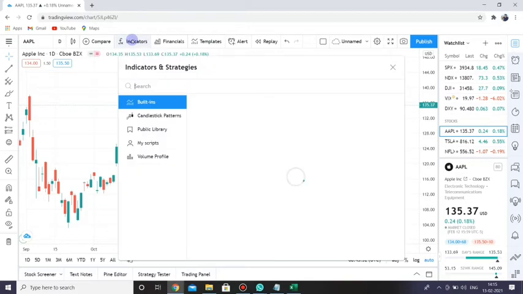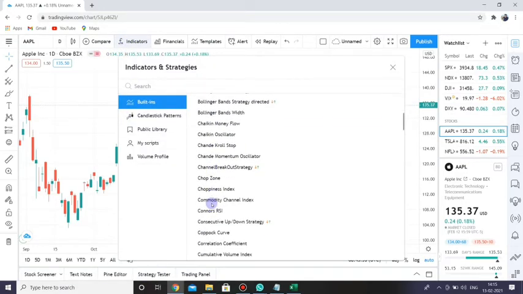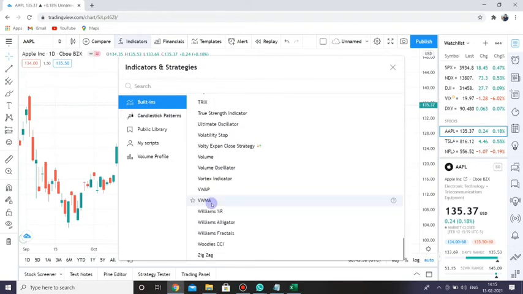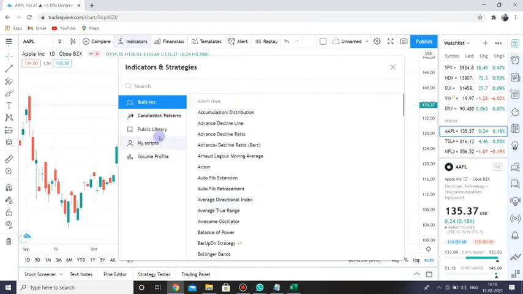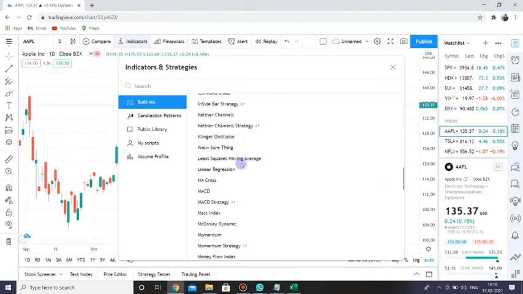Now see here, I am clicking on the indicator section. You can see many indicators here. After getting a subscription to our indicator, you will get our indicator in this. An invite-only scripts tab will be opened. After that you can click on the invite-only scripts and use our indicator. These are the basic things in the TradingView platform.